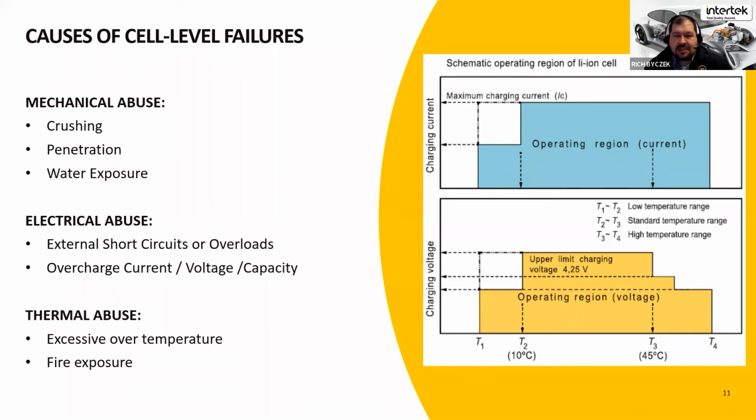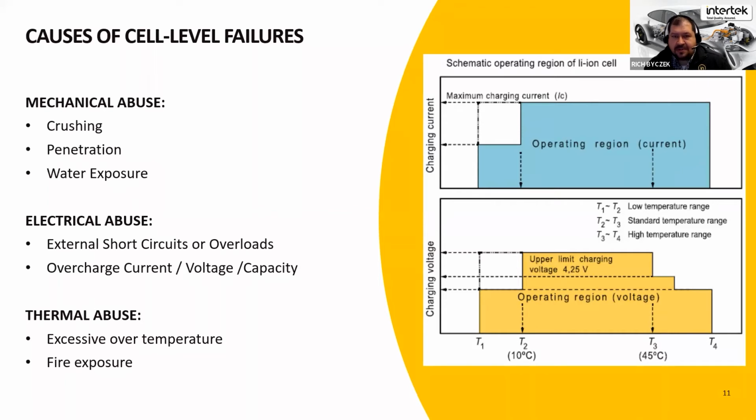Overcharge has a similar situation, especially overvoltage. Again, the voltage range of individual cell reactions is in that 3.5 to 4 volt range for most lithium-ion chemistries. Once you exceed that by any amount, again, you trigger some of those side reactions, other chemical reactions occurring within the electrolyte and across the electrodes of the battery that are not intended. They don't result in the transfer of electrons. Instead, they result in the buildup of gas and pressure and heat within the cell.